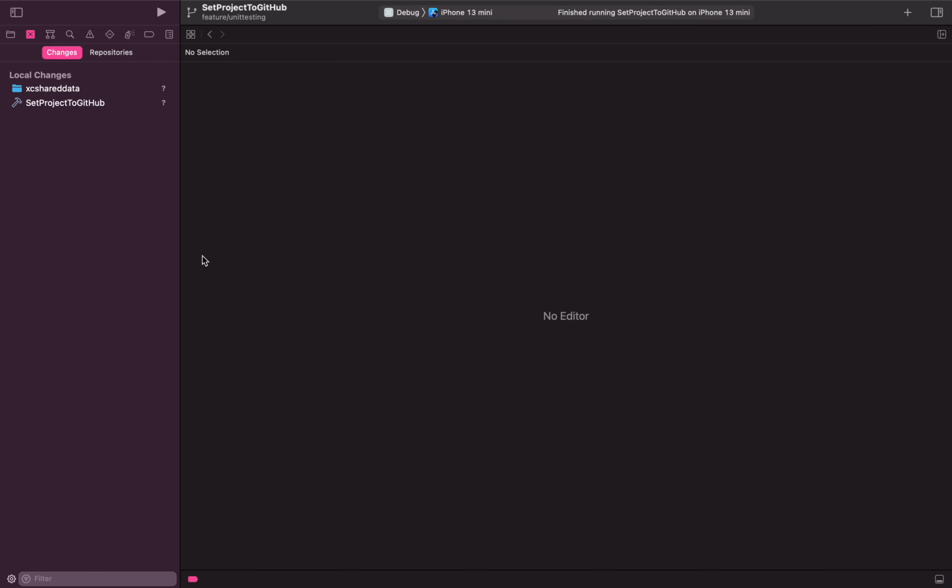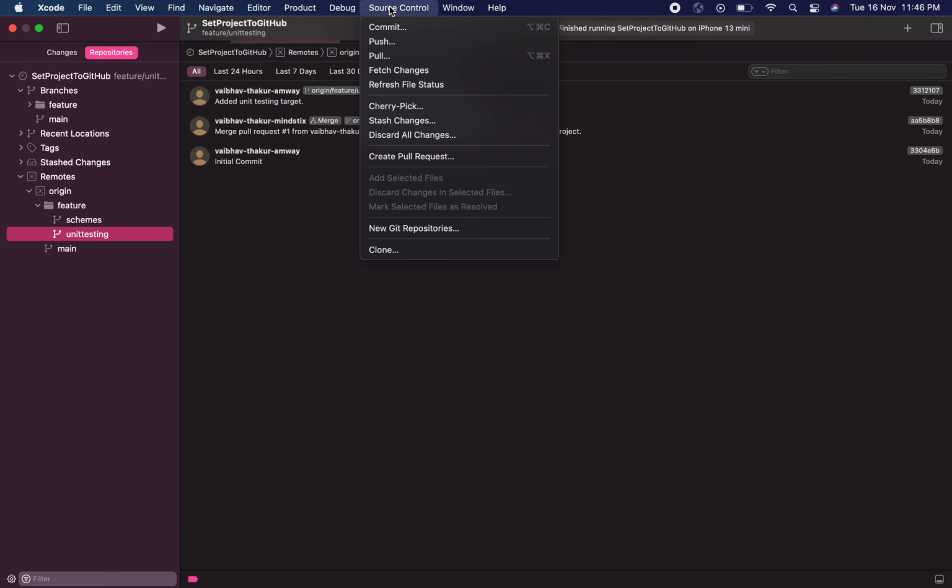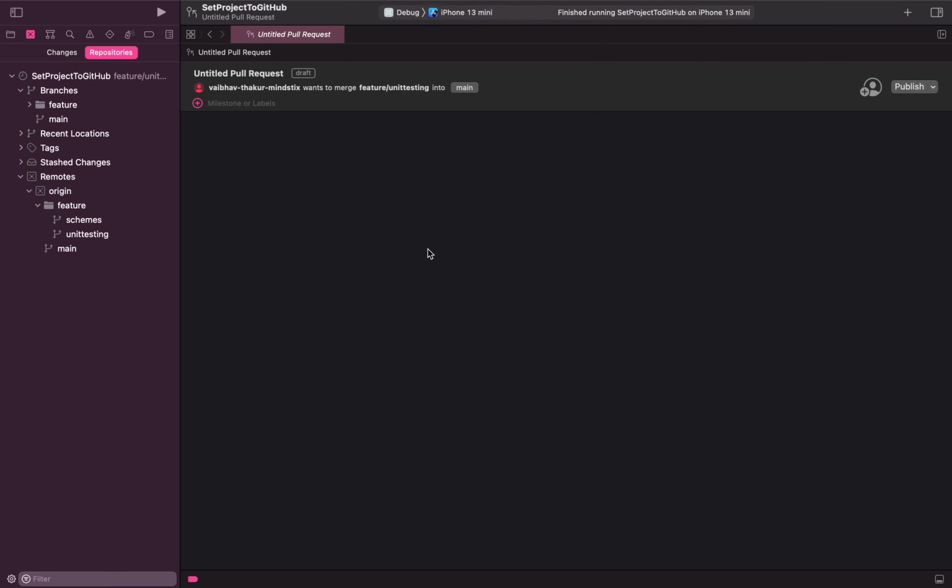But we'll see how we can do this from Xcode. So from Xcode, if you want to merge the changes to master, all you need to do is go to Source Control, and then go to Repositories, then select your branch here in the remote, or you can go to Source Control, and from here you can create a new pull request.